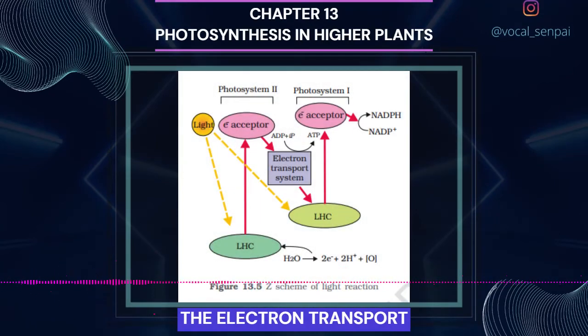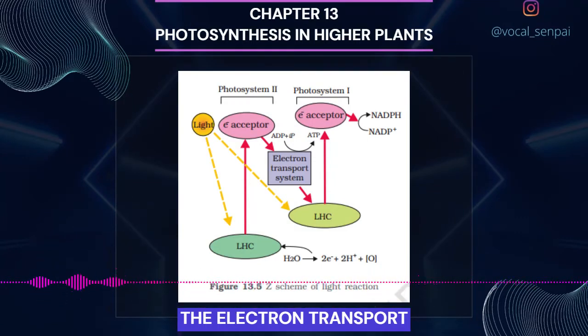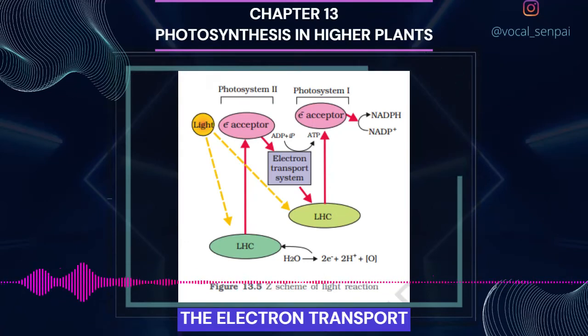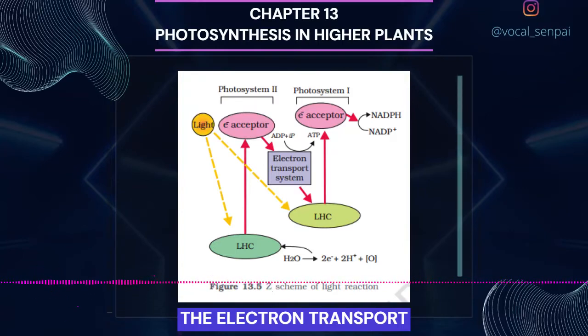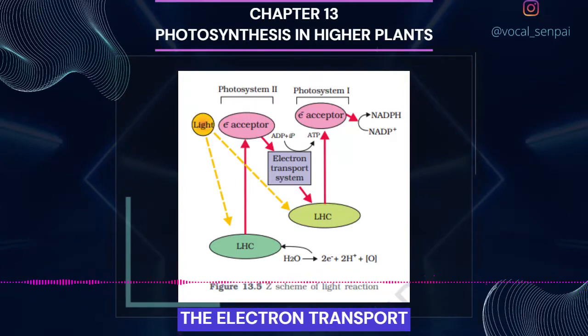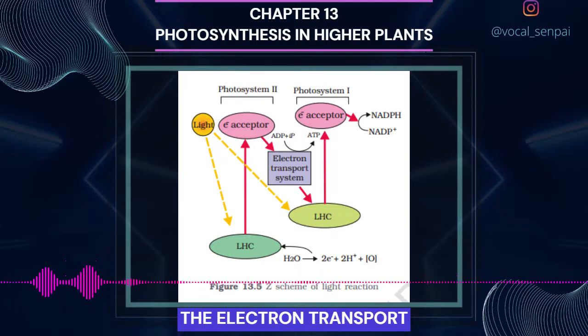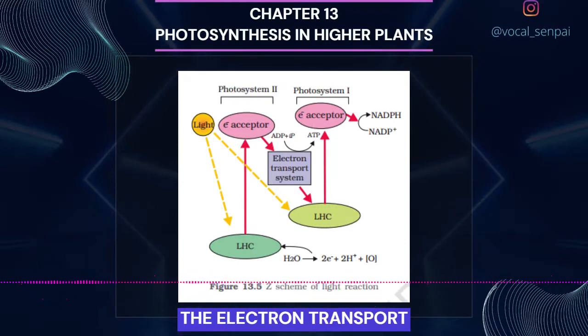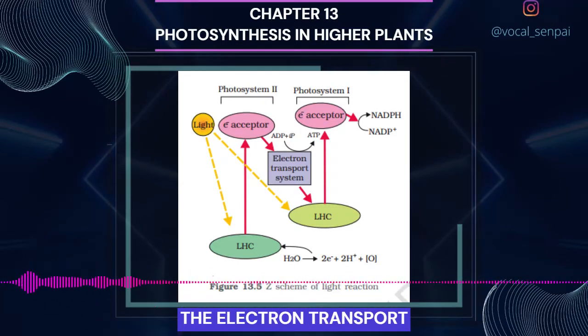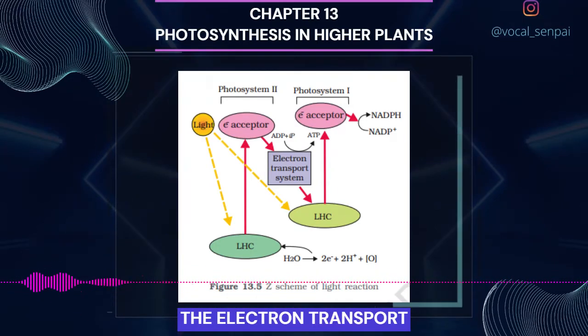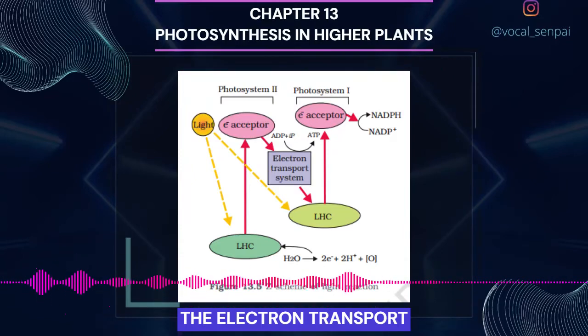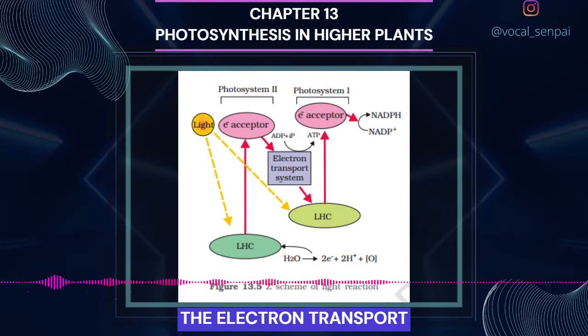The electron transport. In photosystem II, the reaction center chlorophyll absorbs 680 nanometers wavelength of red light, causing electrons to become excited and jump into an orbit farther from the atomic nucleus. These electrons are picked up by an electron acceptor, which passes them to an electron transport system consisting of cytochromes, figure 13.5. This movement of electrons is downhill in terms of an oxidation reduction or redox potential scale. The electrons are not used up as they pass through the electron transport chain, but are passed on to the